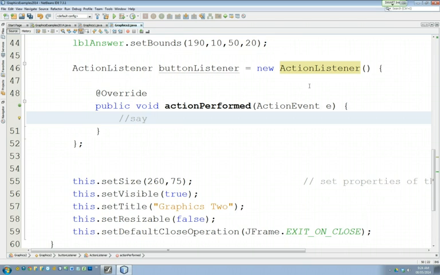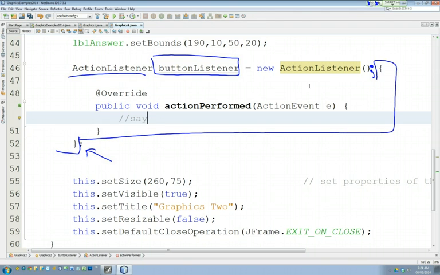Okay. Now, there's nothing wrong with keying that all in yourself, but I kind of wanted to pause for a second and identify what's actually going on here. Okay? So we're making this thing, it's called an action listener. It's called button listener. And here we say equals new action listener. Normally, at this point, the semicolon goes right there. That's normally what happens. But for some reason, the semicolon's way down here. So what's all the stuff in between? What's all this that got put in between